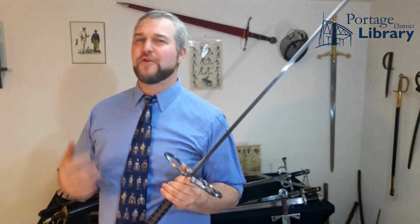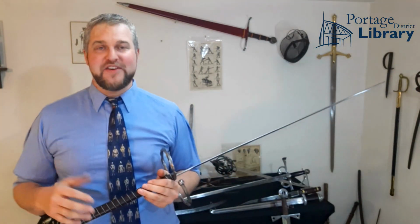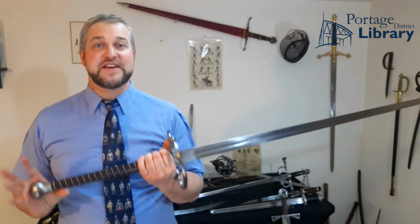And the concept of a 40-foot sword, aside from being laughable when you consider that the very rough rule of thumb is 1 pound per foot of sword, if you consider a 40-foot long sword, that's hilarious. But in addition to that, it just is completely useless when you consider how a sword is actually used. So keep that in mind. Swords very rarely weighed more than 7 pounds if they were actually intended to be used in battle,